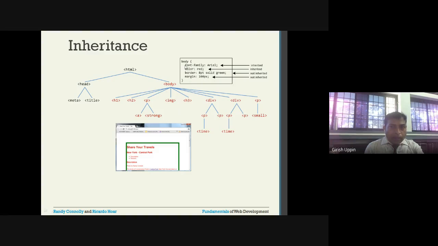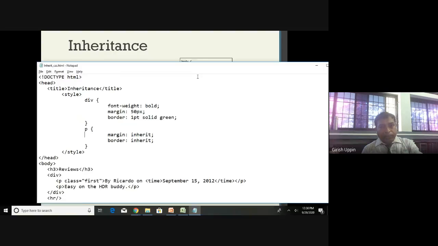And if you see the body, only the body has the border. Border is 8 point solid green, and there is also margin, that is 100 pixels. These two properties are not applied to any of the children inside the body. So this particular HTML shows these two properties are inherited and these two properties are not inherited by the child elements.